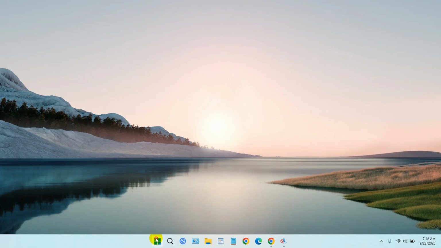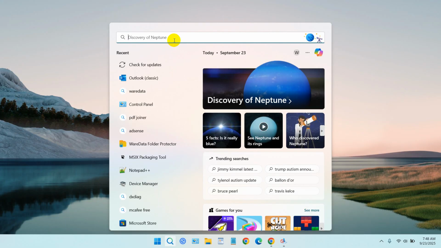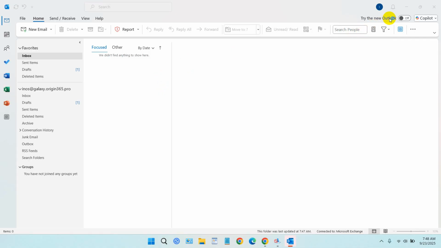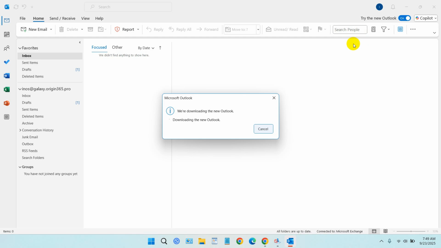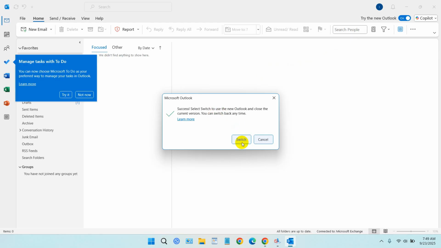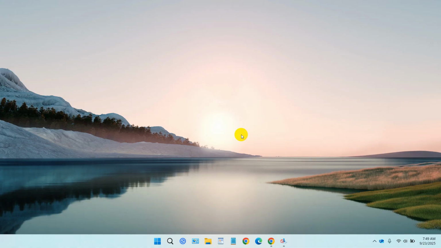After that, select the Outlook Classic again. Okay, and try to toggle on again with the new Outlook. Let's see if this works or not. If this does not work, we will try using three methods. Now click switch again. You can see